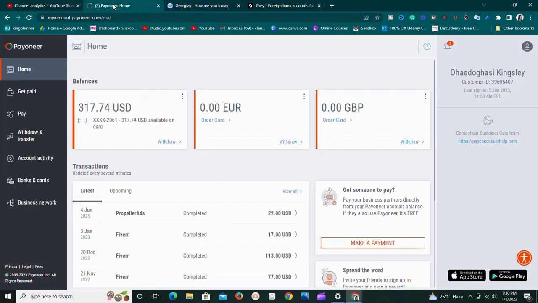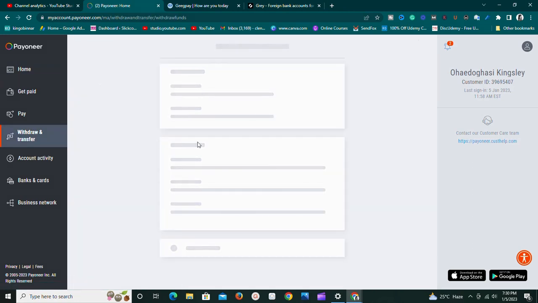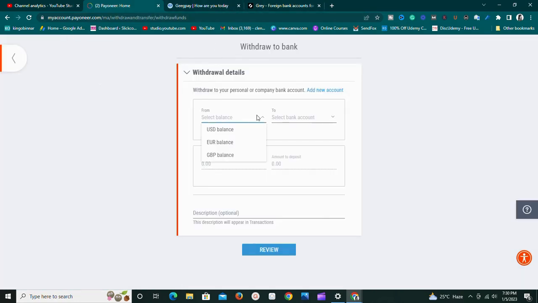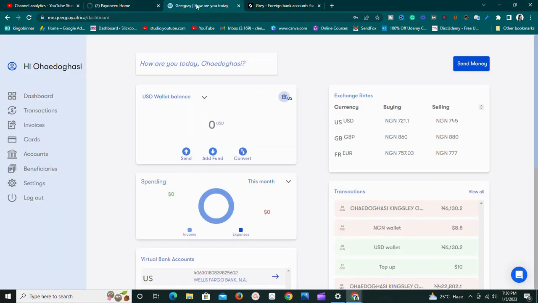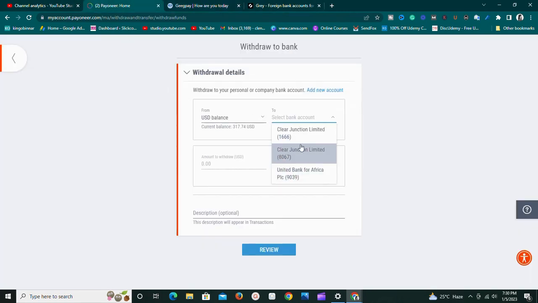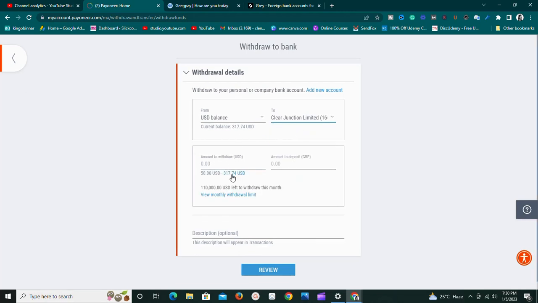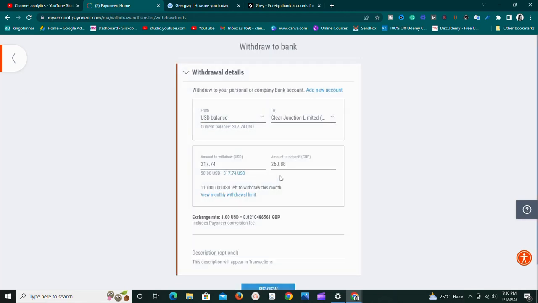So you want to move your funds from here. For example, let's say I want to move this $317 right now. I'll click on withdraw now, and I'll send it to one of my GBP accounts. I'll say USD to Clear Junction. I want to send it to the one from Geekpay, since I've not updated my new Grail bank account to my Payoneer. So let me send it to Geekpay. I know that Geekpay ends with 666. Just select the amount, say everything, and I'm going to be getting £260. After all the Payoneer charges and everything, I'm going to be getting